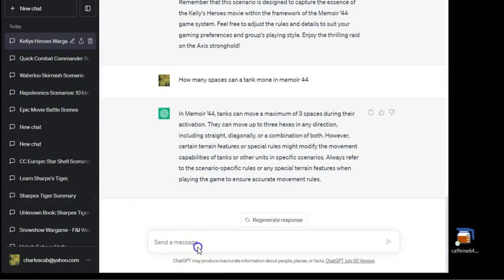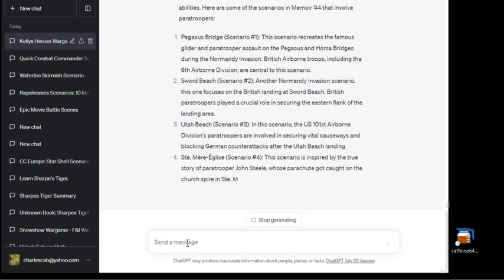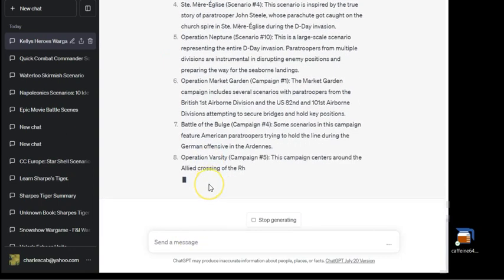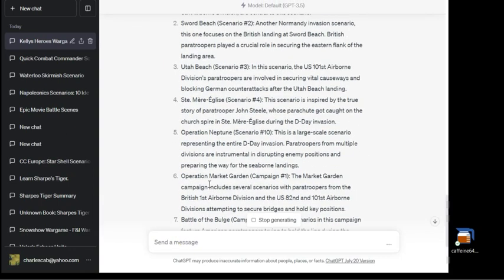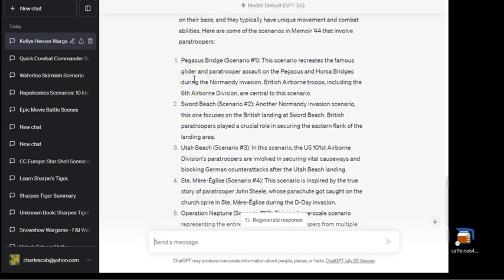What scenarios in Memoir '44 use paratroopers? Let's say you got a guy who likes paratroopers and wants to play Memoir '44 with you. So you could do Pegasus Bridge. I don't see Sainte-Mère-Église. Oh, there it is. Okay, Sainte-Mère-Église, which is one of the more popular ones. I don't remember paratroopers being in Utah Beach, Sword Beach, or Pegasus scenarios, but